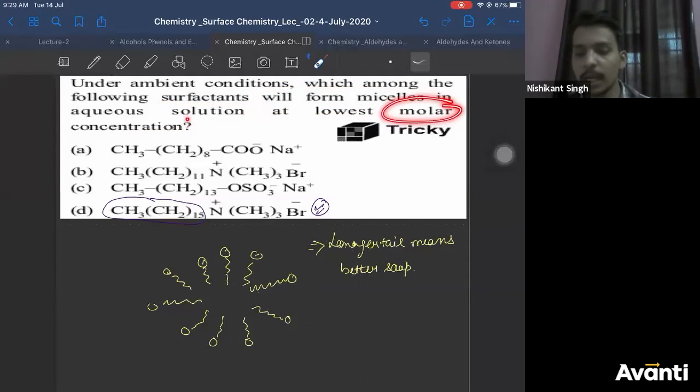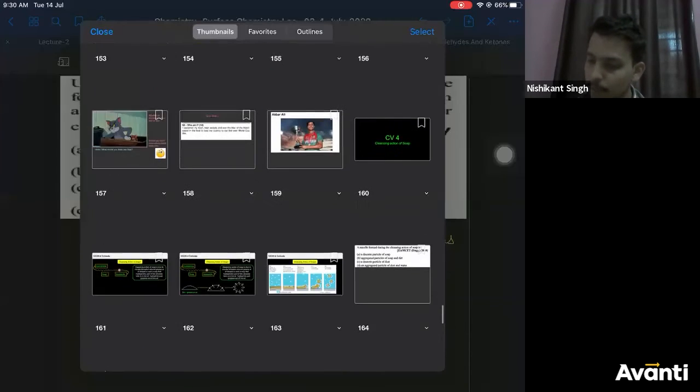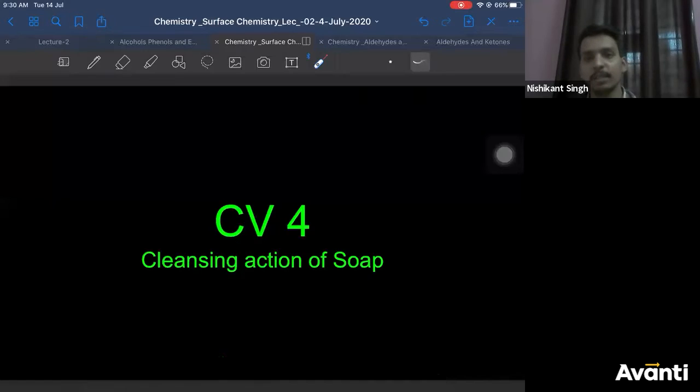I think here you can see this question clearly, Adesh. The lowest molar concentration at which micelle formation takes place means which has the lowest CMC. So it depends upon the structure of the soap. Is that clear, Adesh? Longer the hydrophobic part, I repeat, longer the hydrophobic part, better the soap is. You can write it. I think I have written it here already while explaining this question: longer tail means better soap, right? All right. So let's move to the cleansing action of soap. I know you have all studied this in class 10th also, but still it's better to know a few new things.